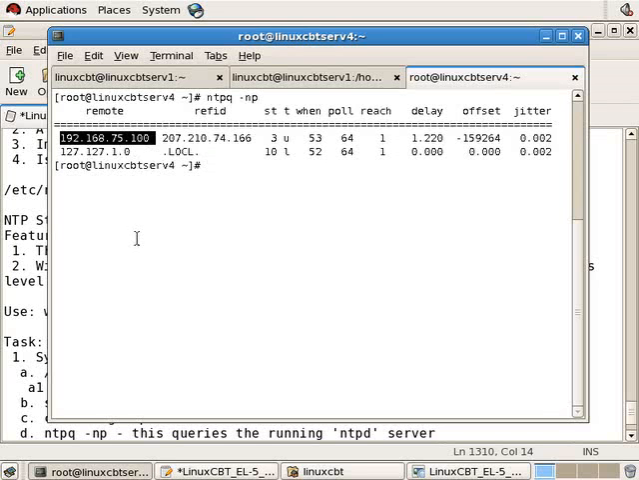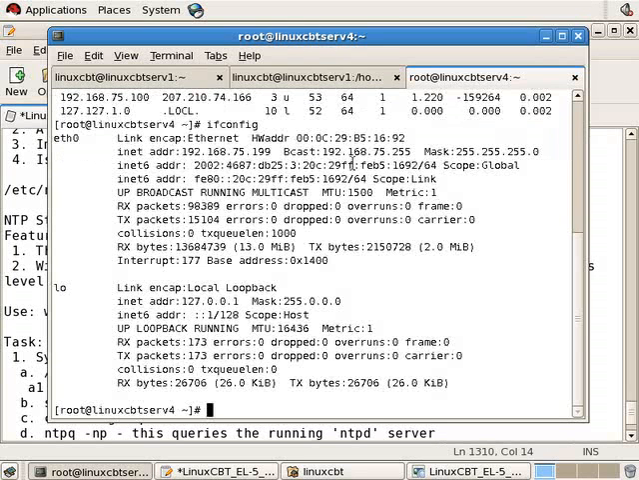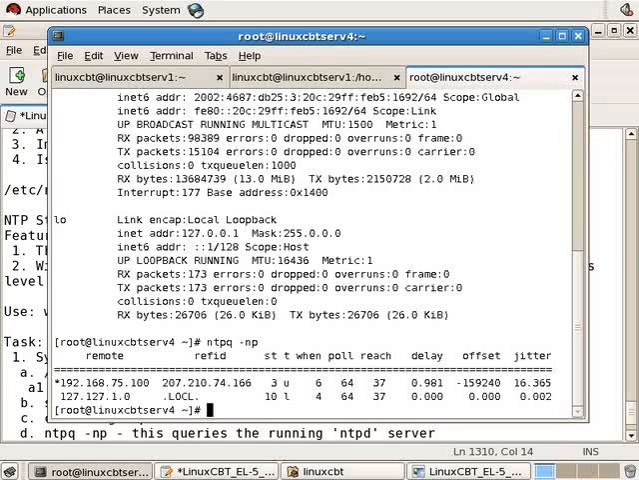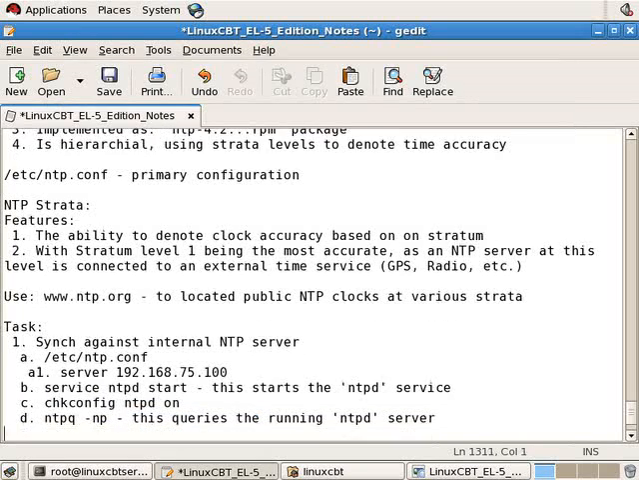We are now synchronizing this Red Hat Enterprise box Linux CBT Serve 4 with an IP address of .199 against an internal server with an IP address of .100, which renders our clock, our local system, a stratum 4 clock. So let's just note